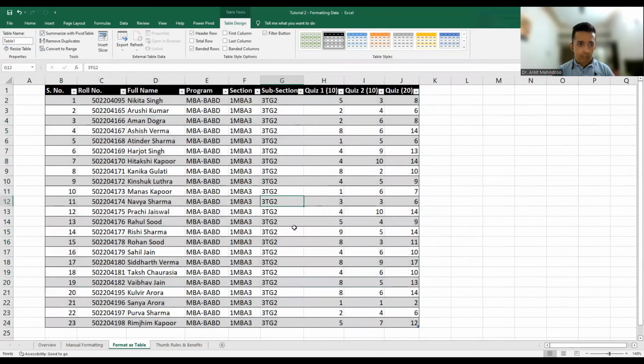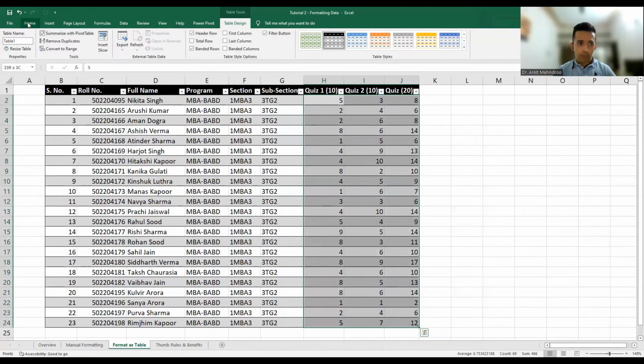Now, even this style looks good. And as you can see, most of the data has been formatted automatically, and you don't need to do any manual tasks on this particular sheet. Although, as you can see, the numeric data is right aligned, but that is completely our call whether we want to keep it right aligned or center align. If you want to center align this data, we can do that as well